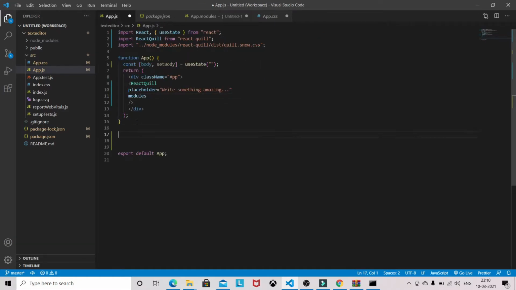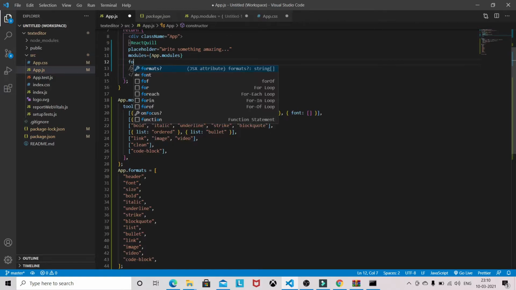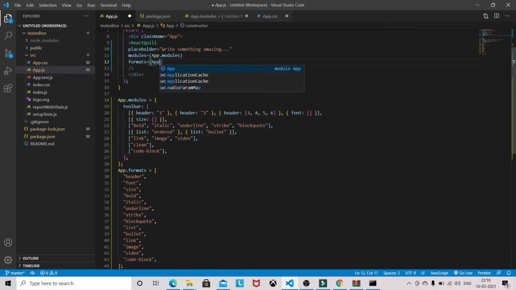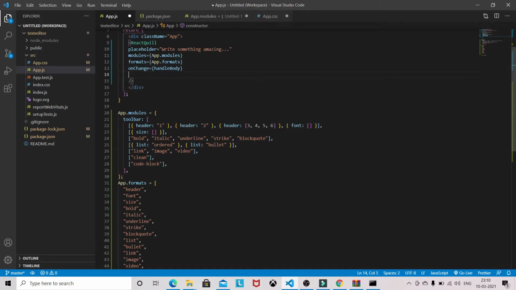You can paste it here, and modules is equal to app.modules, and formats is app.formats, and onChange we need handleBody. We will write that as a normal handler, and value body.